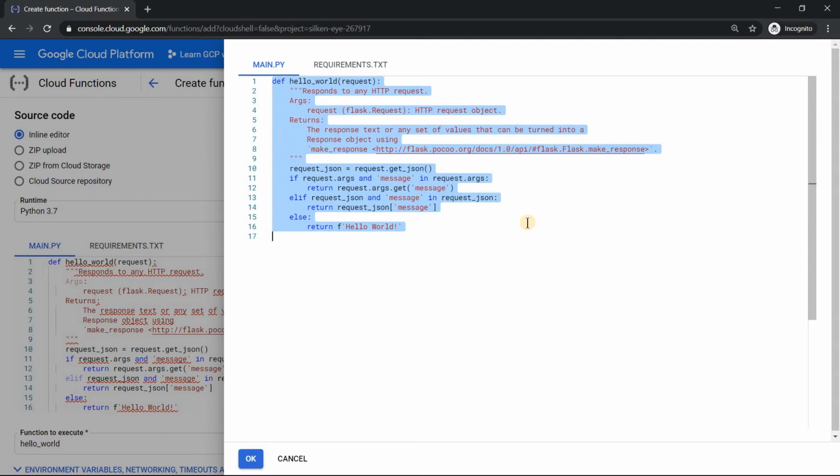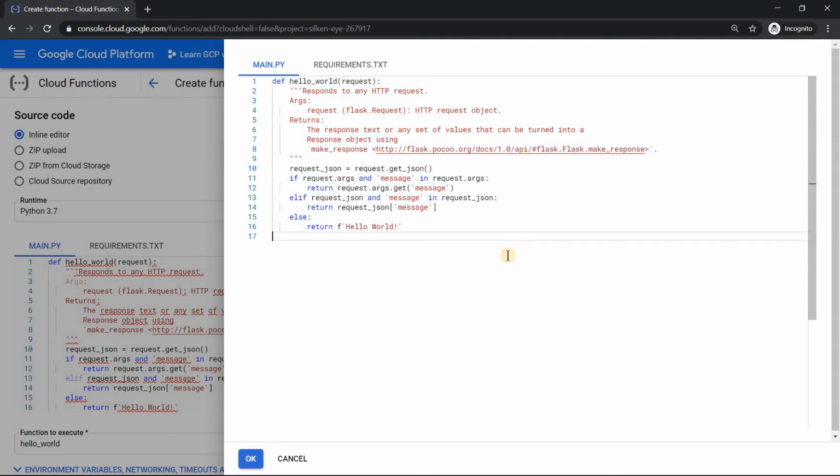Before removing it, I just wanted to show, please always leverage the sample code which Google provides. Even though it is a very simple hello world, please don't take it lightly. Look at this pattern. There's a definition, hello world, and an argument called request. Remember, there's an argument called request, and it is based on this that the entire function is called.